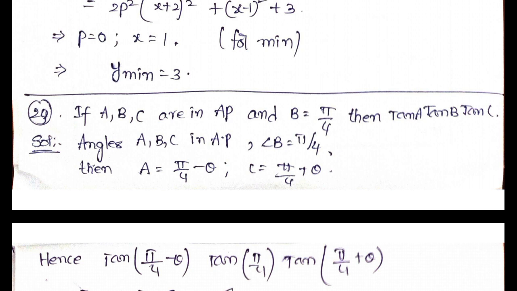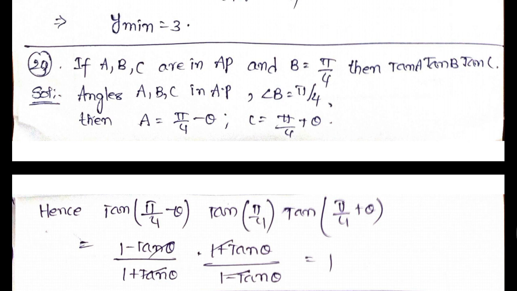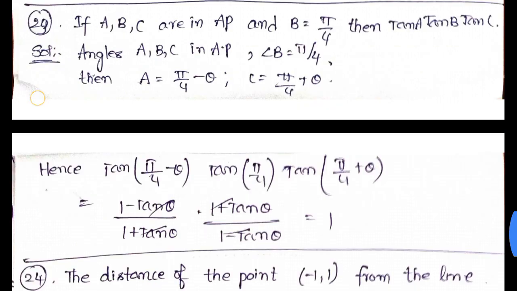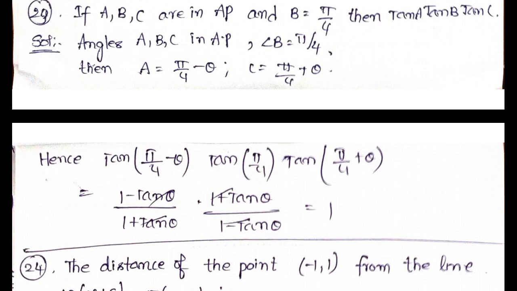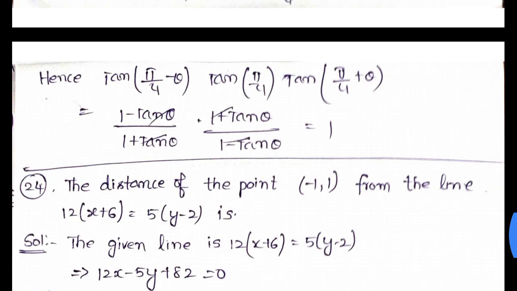Now as they are in AP, they differ by a common difference, angle theta. A is equal to 45 minus theta, B is 45, and C is 45 plus theta. Now multiplying these three tangents, that is tan A into tan B into tan C, that is tan of pi by 4 minus theta, tan of pi by 4, tan of pi by 4 plus theta. We already know that tan of pi by 4 is equal to 1. So the answer is also tan of pi by 4 minus theta